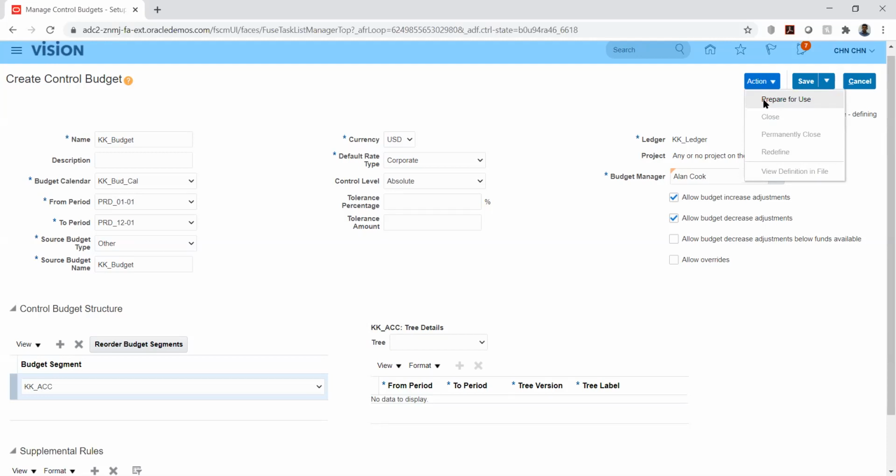So we will not be able to edit the setup what we have given. So what we have to do is that we will have to end this particular supplemental rule and close this, and again we will have to redefine this particular budget. Yeah, that is one restriction that we have in this Fusion. So I'm just clicking prepare for use.